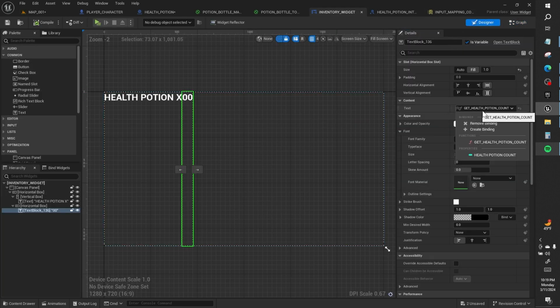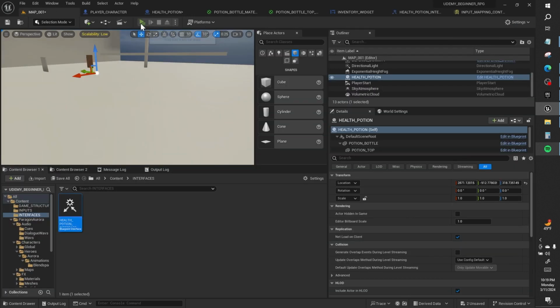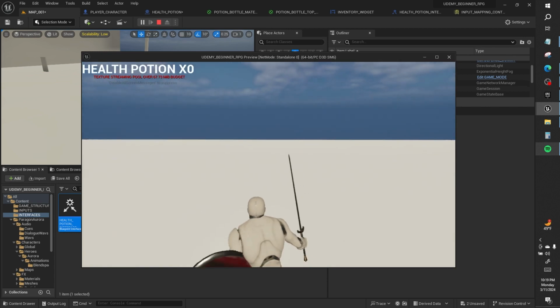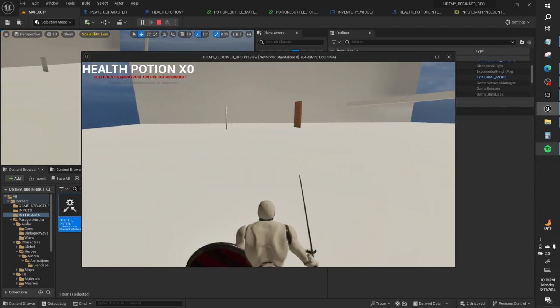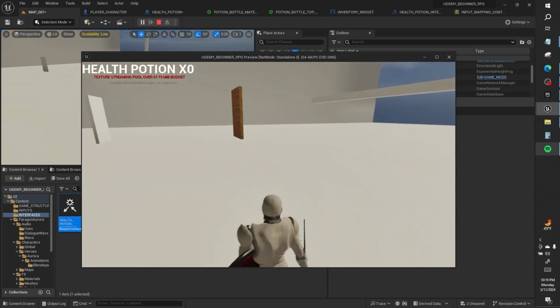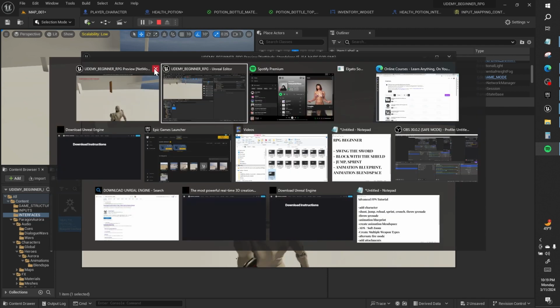Make this get health potion count. We can make it just our variable name, what the variable is. Times 0. It doesn't want to react to that, but what we can do